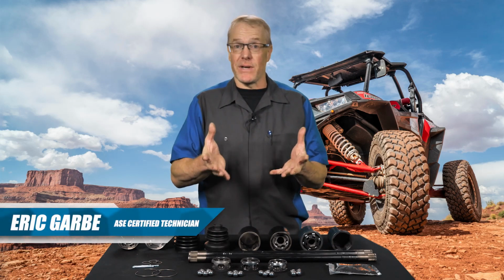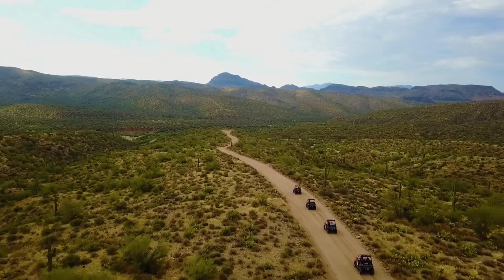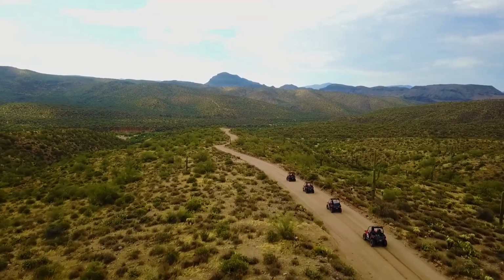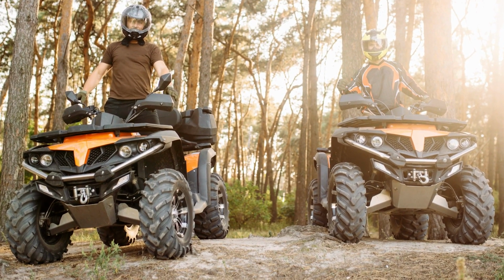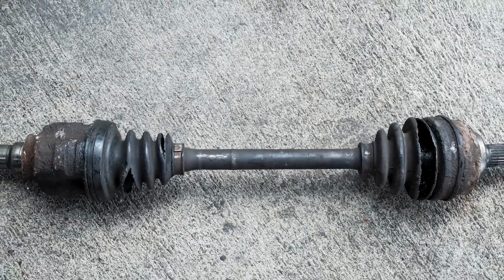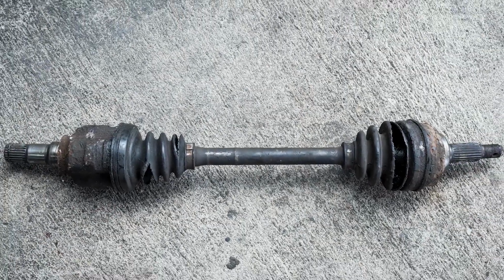One of the weak points of any ATV, UTV, or side-by-side are the axles. As these machines become more and more capable, the power and torque they produce continues to increase. And with the popularity of lift kits with bigger wheels and tires, the amount of stress put on the drivetrain is exaggerated even more. This is why the factory axles are usually one of the first things to wear or